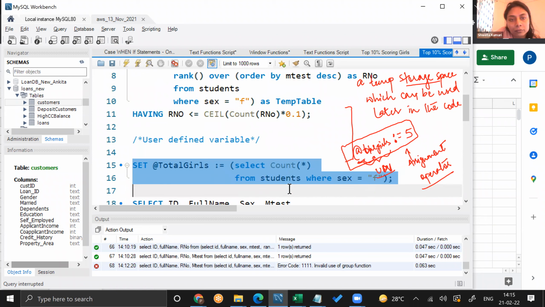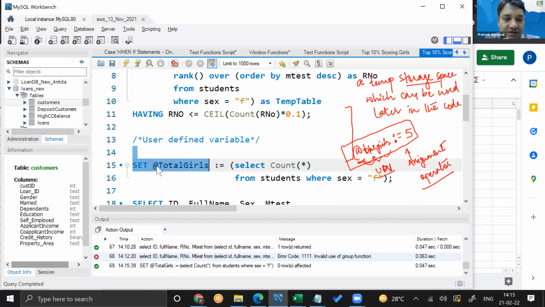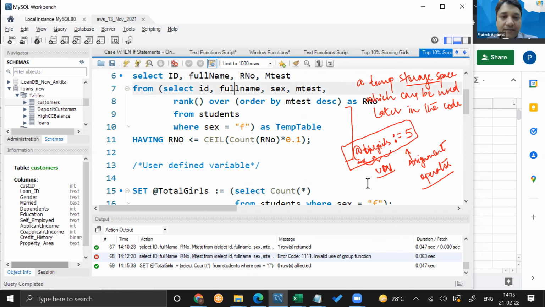It will give total girls as 5. It will create this user-defined variable @total_girls, and because of the assignment operator, it will assign the value of this query into @total_girls, which is a temporary storage variable, right? And then in this query, where we use this, we can then write